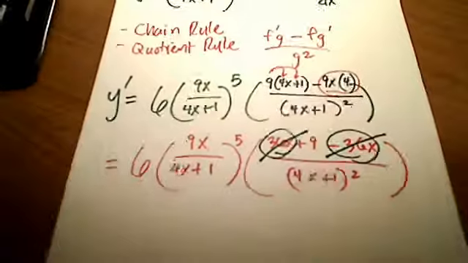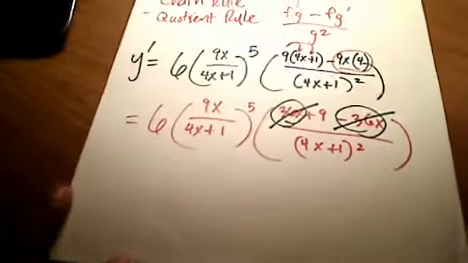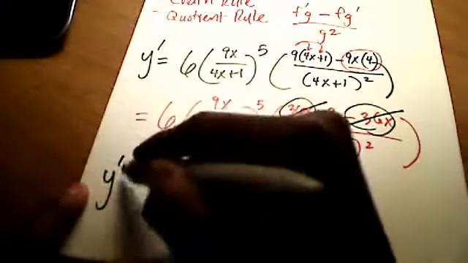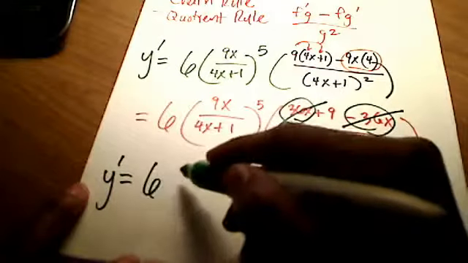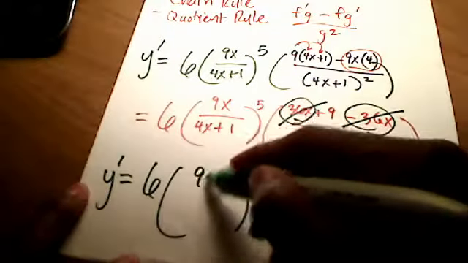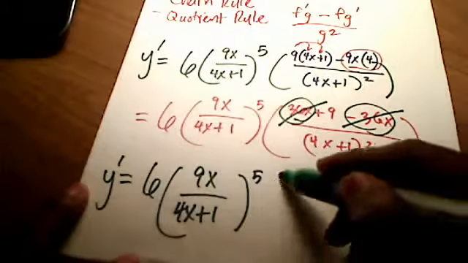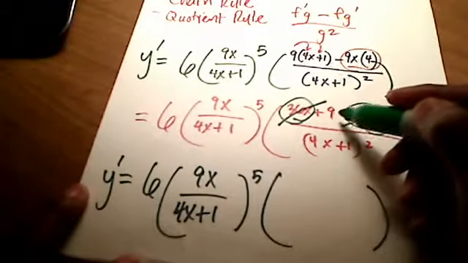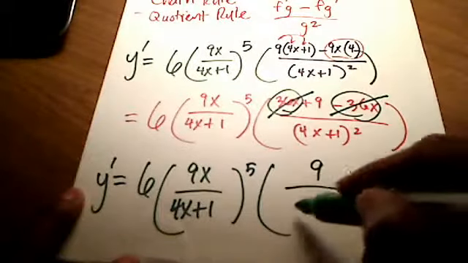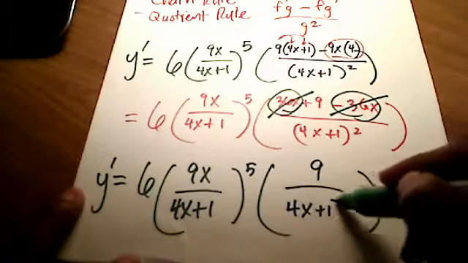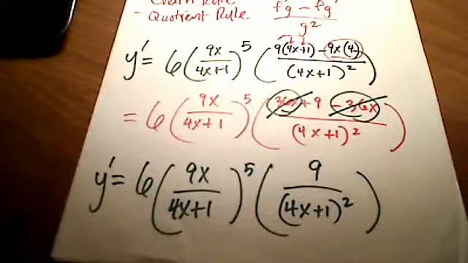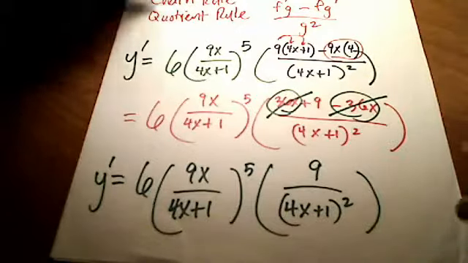So I hope you see that my first derivative is 6 times (9x over 4x plus 1) quantity to the 5th power, times simply just a 9 up top in the numerator over quantity 4x plus 1 squared. Okay? Alright, well, let's see. If I was to clean that up a little bit more, I'm going to use my calculator here to figure out, because you've got some big numbers about to come up here,